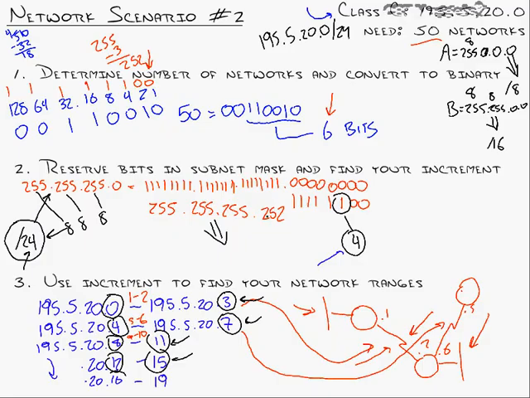255.255.255.252 can be shorthand noted in CIDR notation or bit notation by saying, okay, we've got 8 ones there, 8 ones there, 8 ones there. That's 24, 25, 26, 27, 28, 29, 30. /30 is shorthand bit notation for